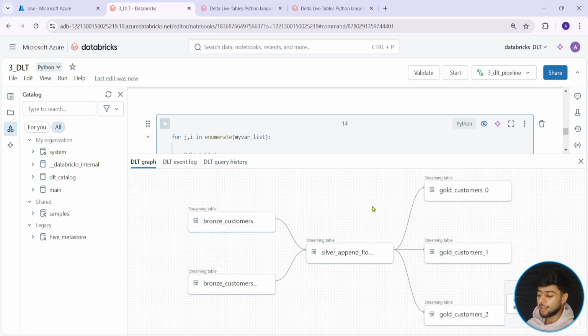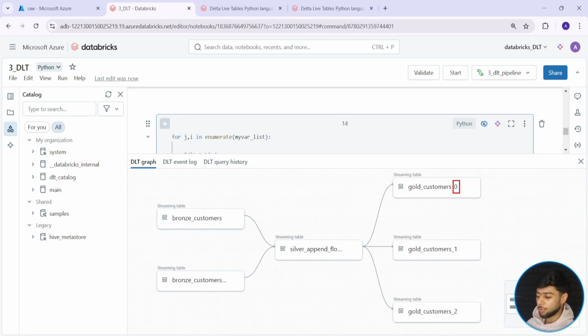See, I can see the table name 0, 1, 2. This is my 0th value. This is my 1th value. This is my 2nd value. So one way of doing it was